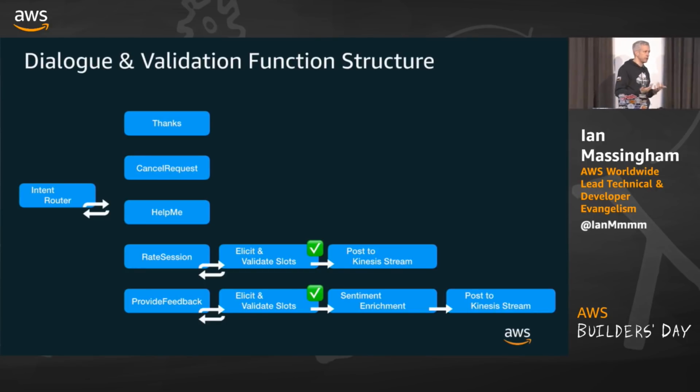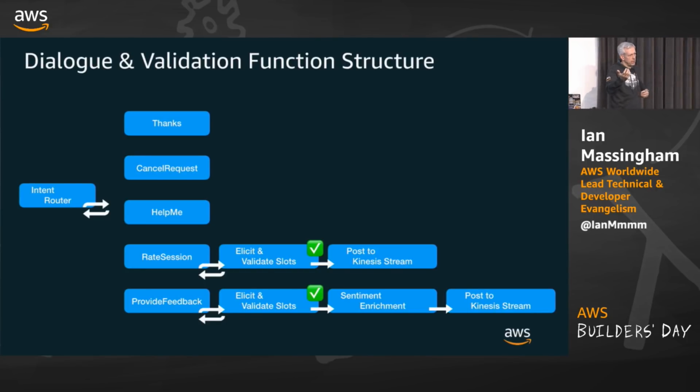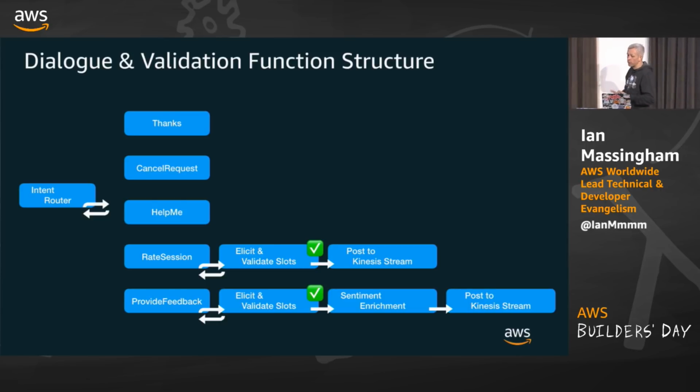If we've got a piece of data which is missing, well, whenever we receive a slot, we'll validate it, okay? And if it's invalid, we'll clear it. And then we'll check if all of our slots are populated, and if they're not, we'll re-elicit for ones that are empty. So we'll go through that validation loop, clearing out the slots until we've got valid values everywhere that we need them. Then we post our rate sessions directly to a Kinesis stream, put the populated JSON object in the stream, okay, and then it goes somewhere else.